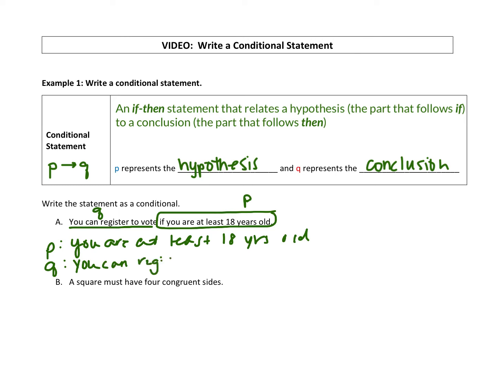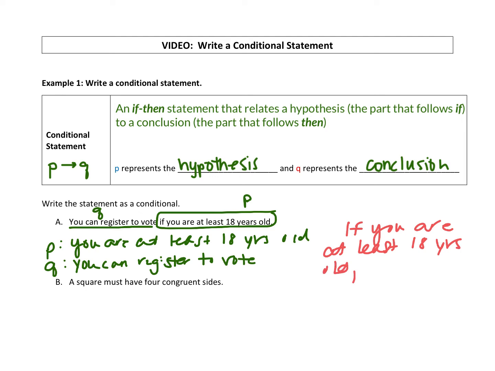So all we're doing right now is identifying the hypothesis and the conclusion. We have not written a conditional statement yet. What the conditional statement looks like is if then statement, if P then Q. So if you are at least 18 years, then